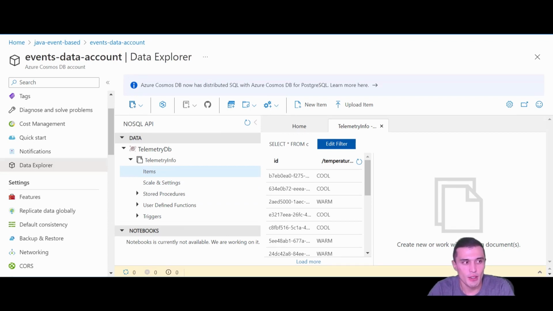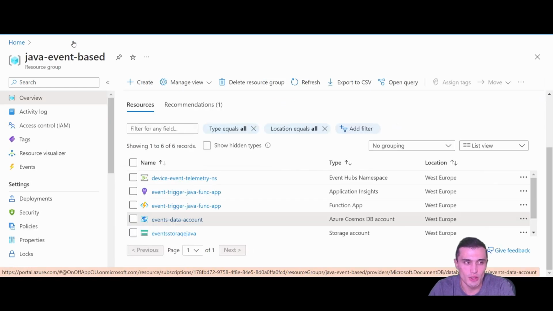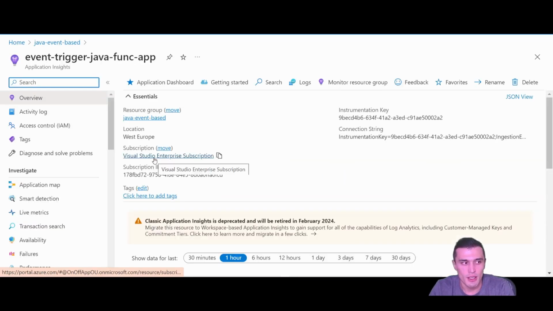Now let's look at the metrics in Application Insights to measure the performance and identify potential bottlenecks in our event-driven solution. You can assume that your functions are running in Azure and continuing to accumulate data in the database you created, Azure Cosmos DB. We can also view our deployed functions in the Azure portal, or check the app telemetry through the connected Application Insights resource. If you go to Application Insights, for example, you can open the application map.